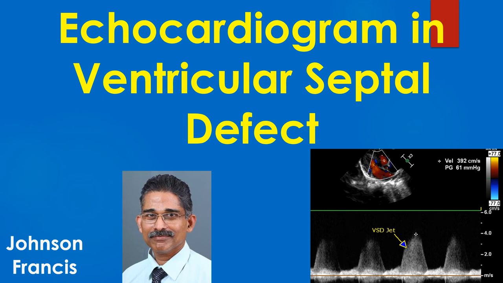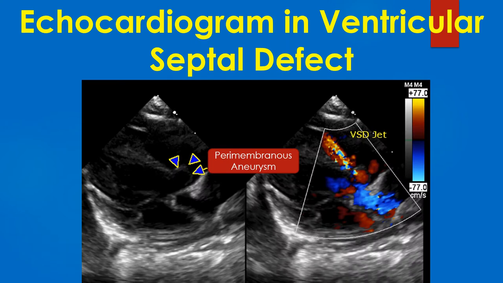Discussion on echocardiogram in ventricular septal defect. Parasternal long axis view shows the subaortic perimembranous ventricular septal aneurysm marked by arrows. There is a small ventricular septal defect at the apex of the aneurysm which is not very clear in the